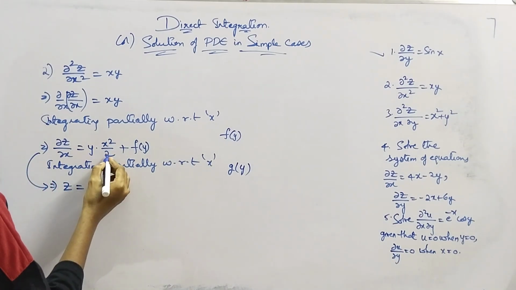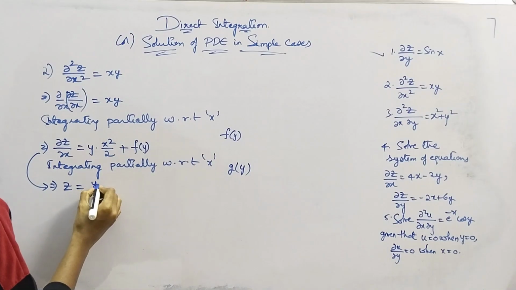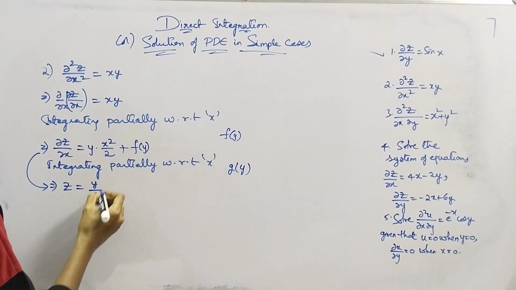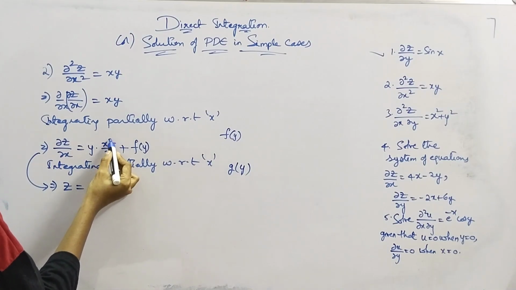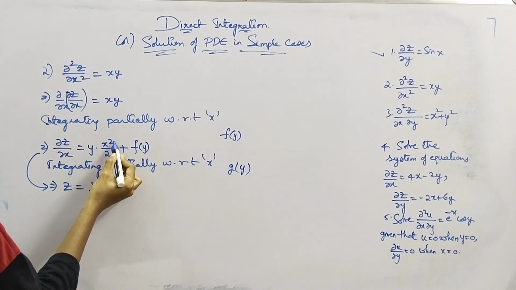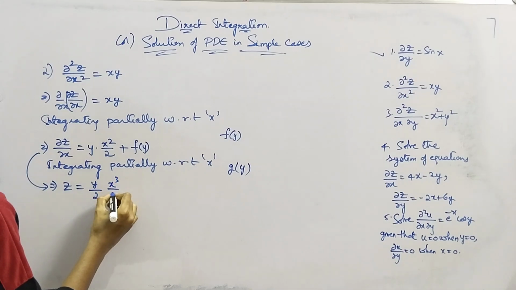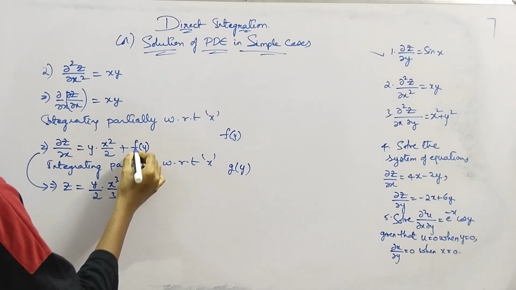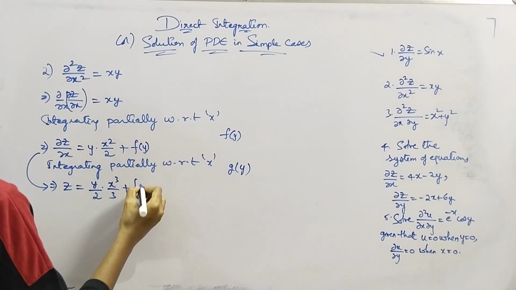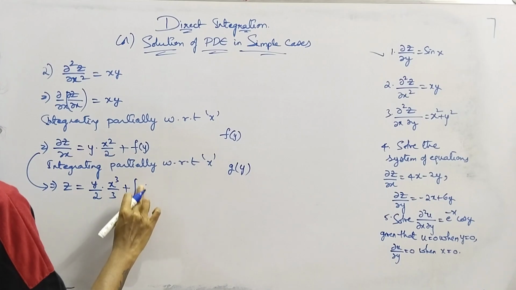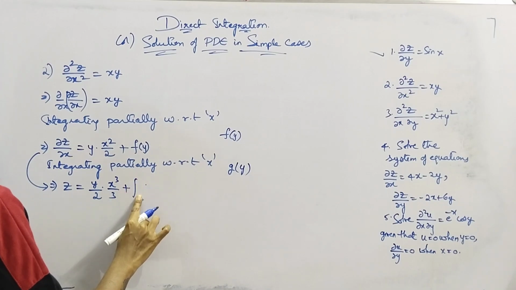y is again treated as constant, this 2 is also treated as constant. Let's write this as y/2 into integrating partially this x², or just integrate this x² with respect to x, you'll get x³/3 plus, here you have the integral of f of y, right, since f of y is treated as constant,